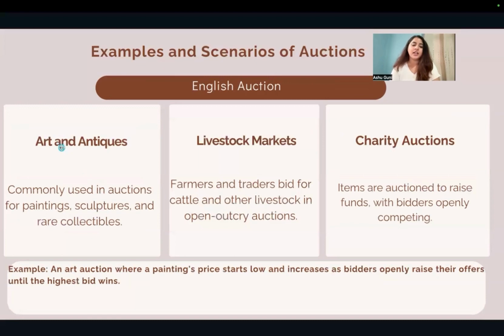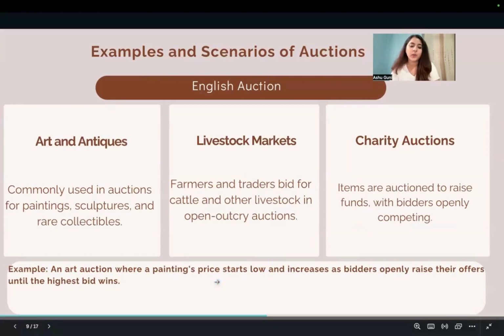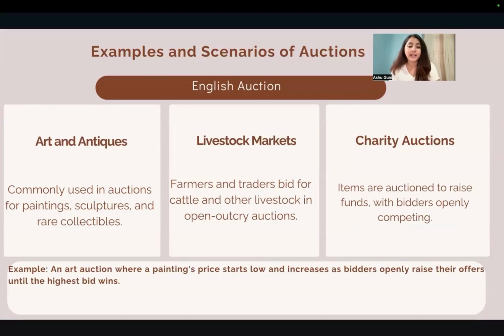English auction includes art and antiques, livestock markets, and charity auctions. In art, it is commonly used in auctions for paintings, sculptures, and rare collectibles. In livestock markets, farmers and traders bid for cattle and other livestock in open outcry auctions. Similarly, in charity auctions, items are auctioned to raise funds with bidders openly competing. For example, an art auction where painting prices start low and increase as bidders openly raise their offers until the